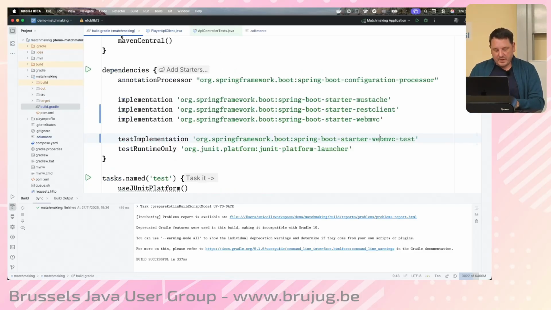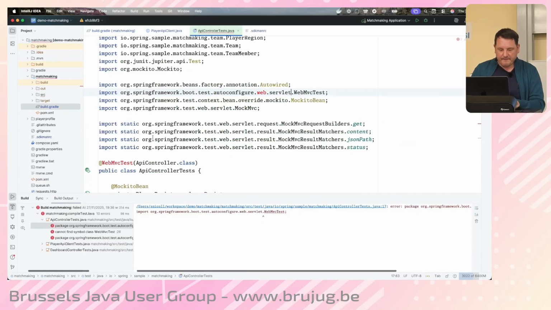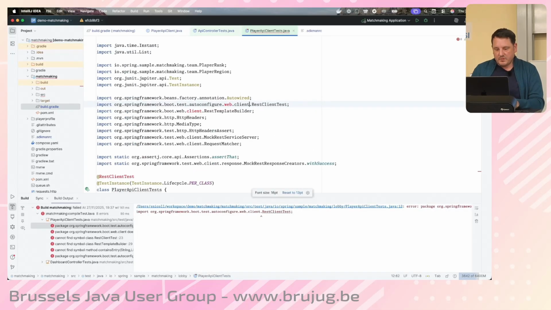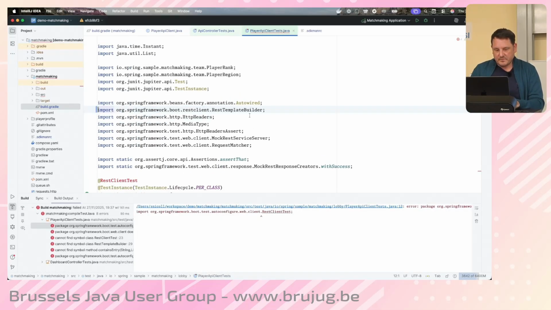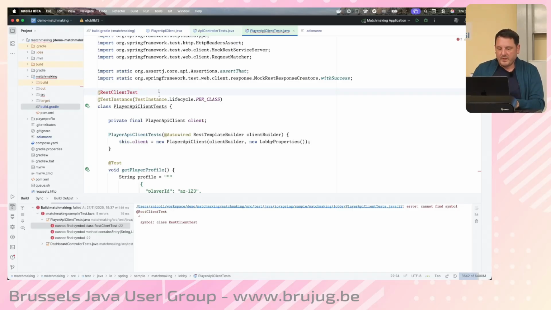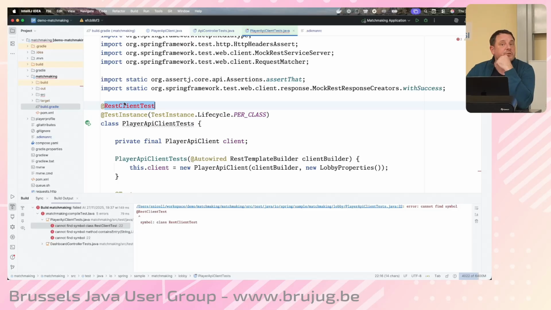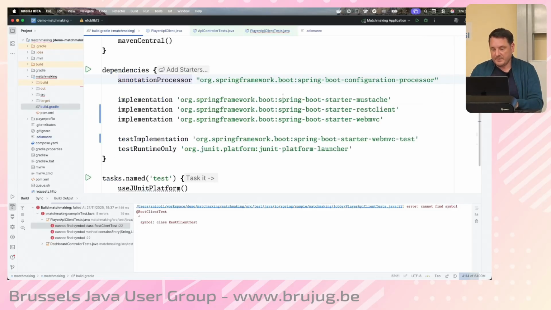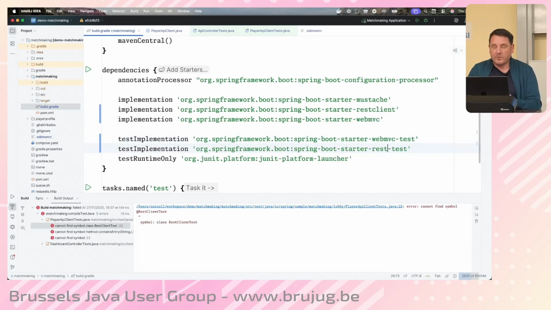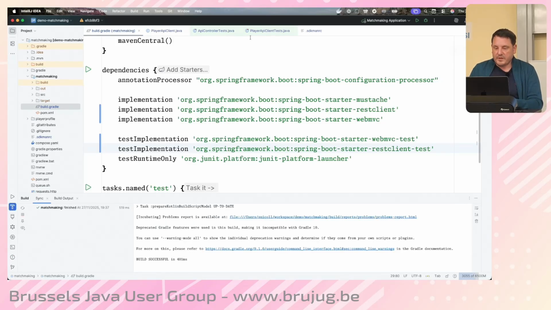Okay, cool. So I did that. That should work now. Yeah. That should work too. Oh no, it doesn't, because here I have a slice test for the client. So I have a slice test for my REST client. It doesn't exist. Well, you get the idea, right? I need to opt in for that. I want to test the REST client also. Okay. So if I go back,